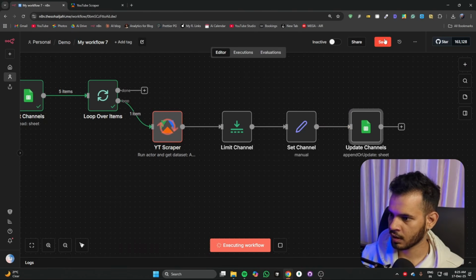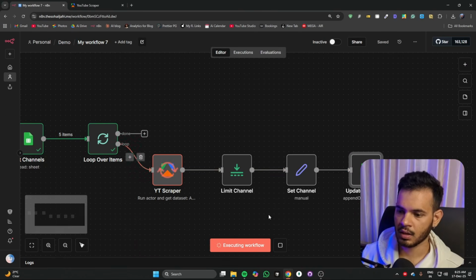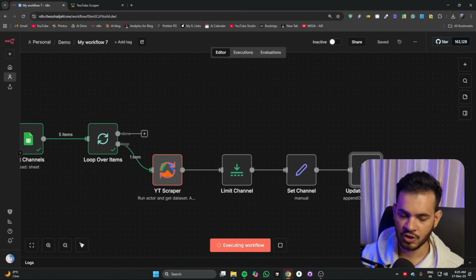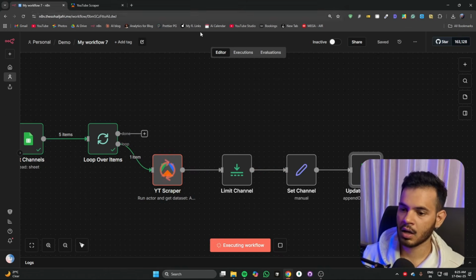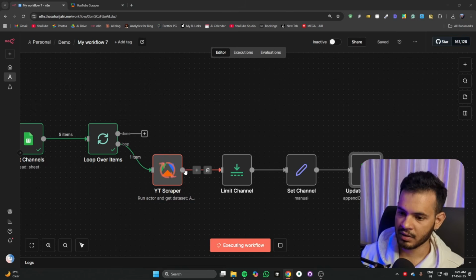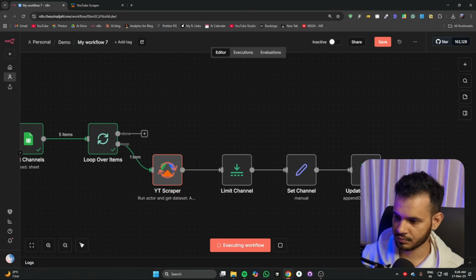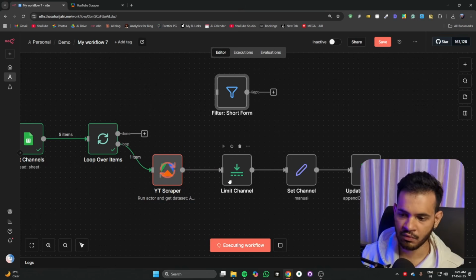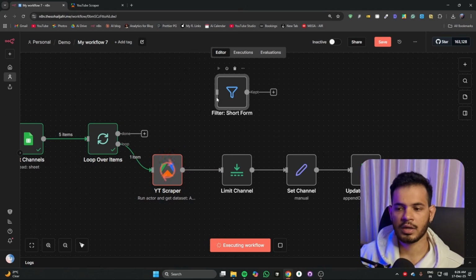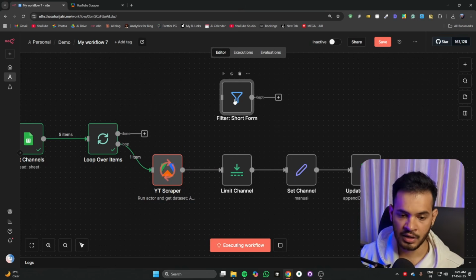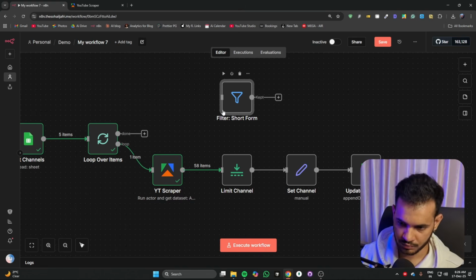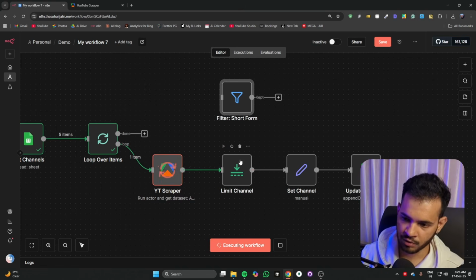This is connected. I'm going to save this. Then this is the part where it will update my channel stat, which is in my Google Sheet. Now let me filter out the content for my YT itself. And the reason why you might be thinking I have put a limiter is because it is not returning me the channel data, it is returning me the data of the video, and each video contains channel data. So I'm going to just limit one video.